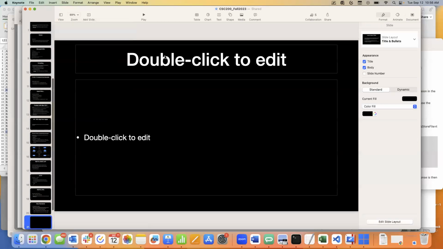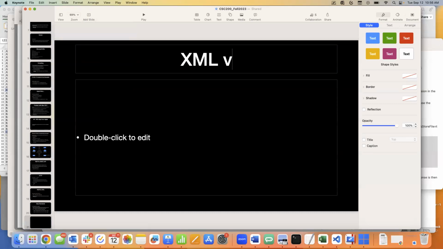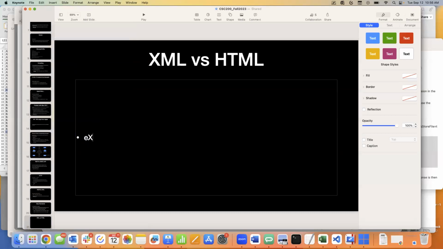So this kind of becomes a funny thing. XML versus HTML. So XML stands for extensible markup language. HTML stands for hypertext markup language.